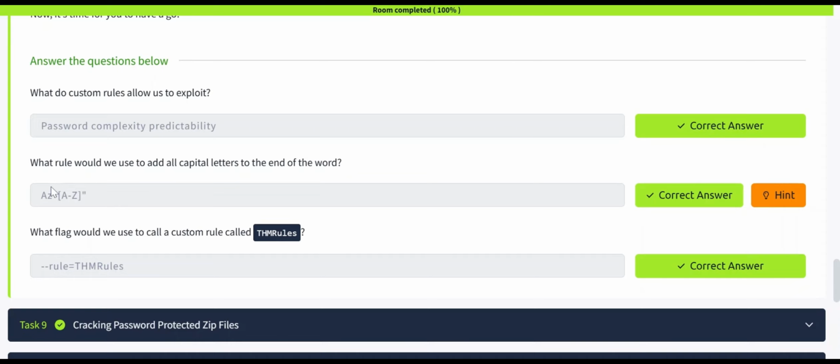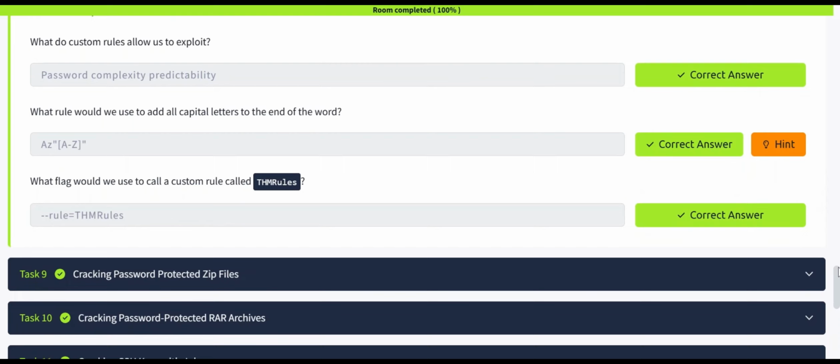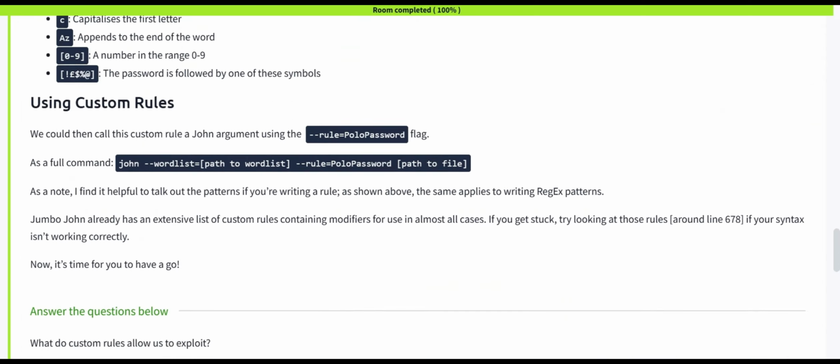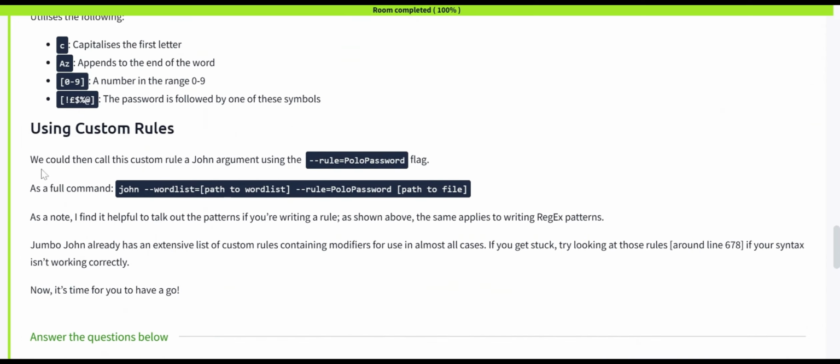AZ is appending the rule to the end of the word, and now you're specifying you want it to be all capital letters, so it's capital A, capital Z. So what flag would you use to call a custom rule called THM rules? As we mentioned, it's the rule and then equals THM rules. I think it's just here, the syntax. We would then call this custom rule as an argument using rule equals THM